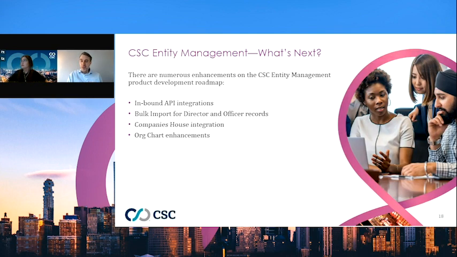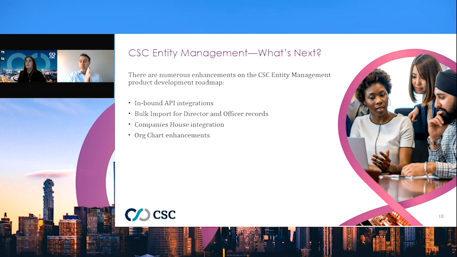With that said, I do want to take a moment to talk a little bit about the roadmap. And so we are always developing new capabilities within the platform, again, typically 3 to 4 major upgrades per year. So this is just a lens into sort of the most immediate set of capabilities that we're working on. Certainly there are things that will come beyond this as well, but we're working on what we call inbound API